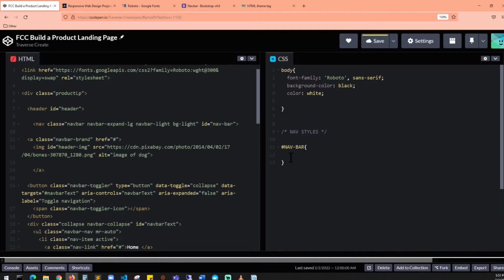Remove the lowercase. Navbar. I'm going to add a background color to this navbar. You can pick whatever color you want. I'm going to add some padding to the right. It's going to be 30 pixels. And each element, which is the anchor tag of the navbar,